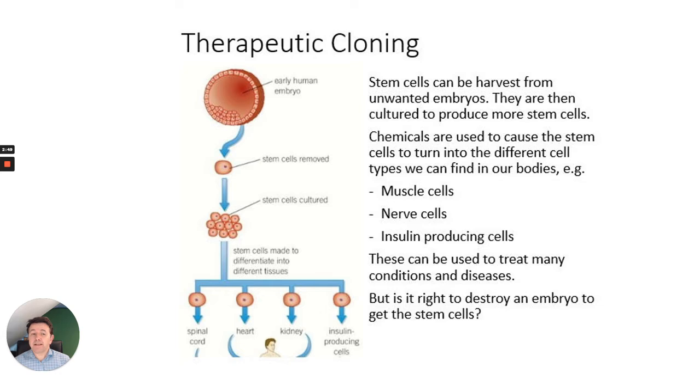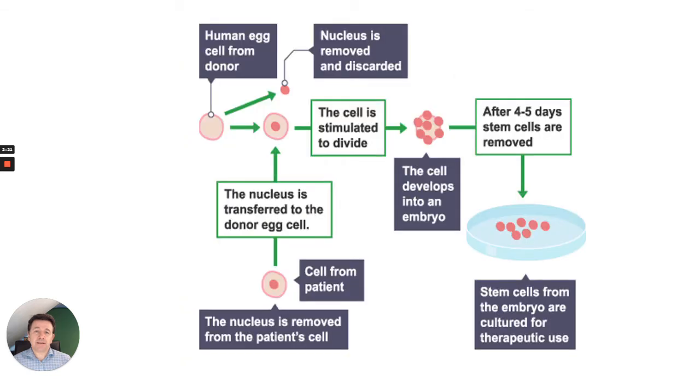Chemicals are used to make them turn into different types of cell, and this is obviously at the research stage, where you can produce muscle cells, nerve cells, possibly insulin producing cells to cure people with diabetes. So they could treat many different conditions and diseases. But the key ethical question we need to think about is: is it right to destroy an embryo to get to the stem cells? So scientists have thought about this,